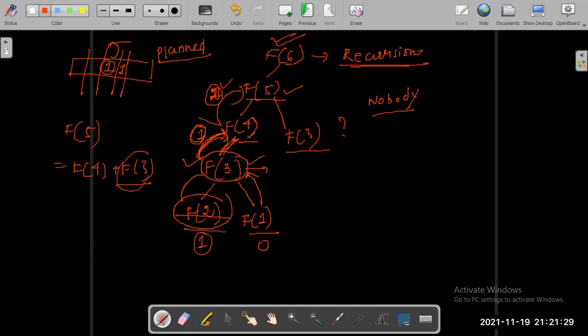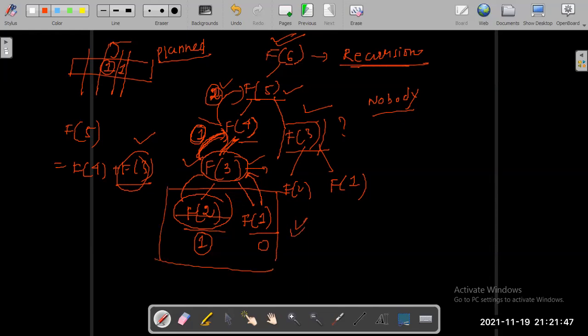So f of 3 needs to be calculated again. But to calculate f of 3, I again require calculation of f of 2 and f of 1. These function calls will again need to be done separately so that I get the value of f of 3 again.